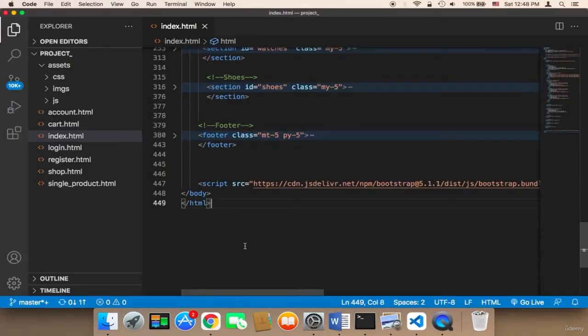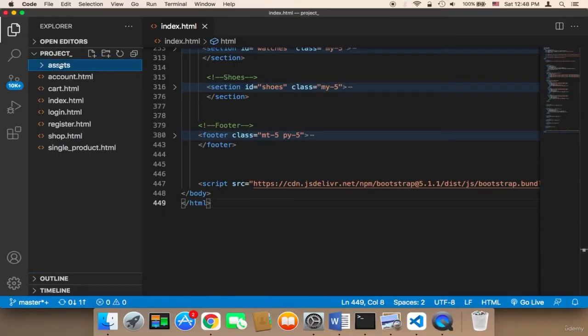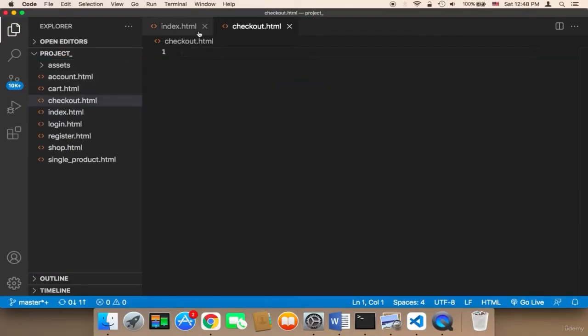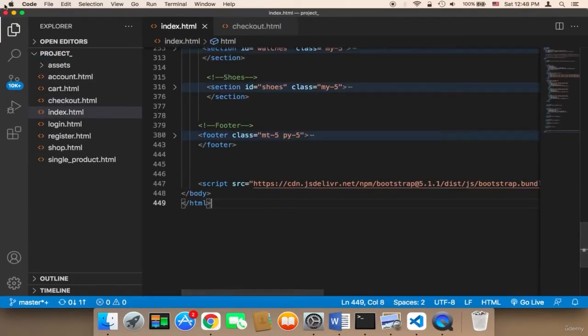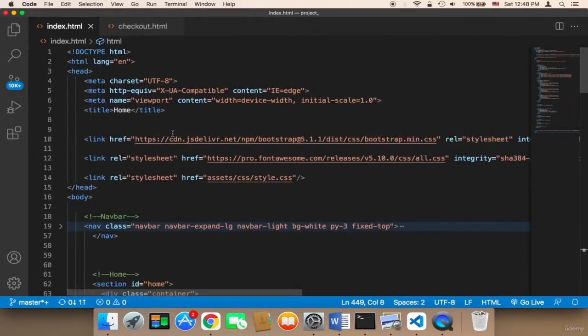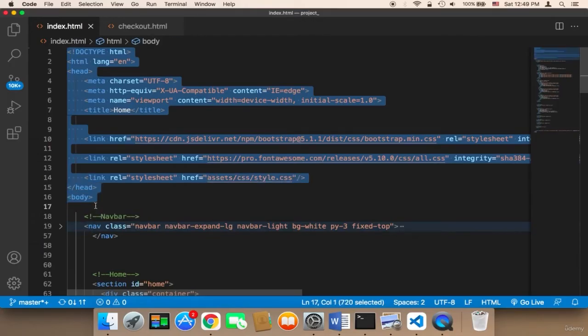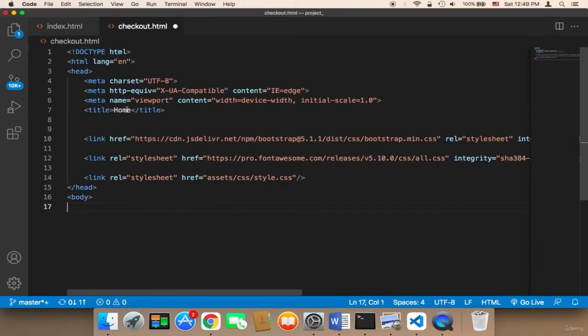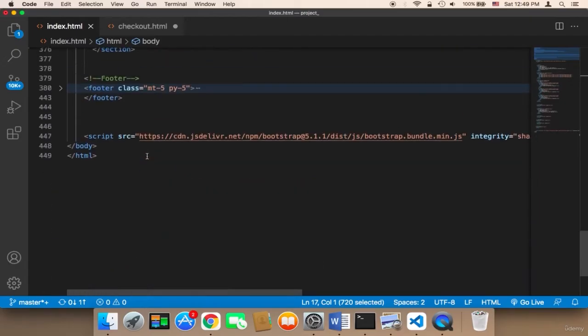Welcome back. Now what I'm going to do is work on the checkout page. So I'm going to create in this area a new page called checkout.html. And then, as usual, we need the header and the footer and the basic code from the index. So I'm going to copy the code from here, and then paste it in the checkout, and then copy again the footer part, which is this, and then paste it here,